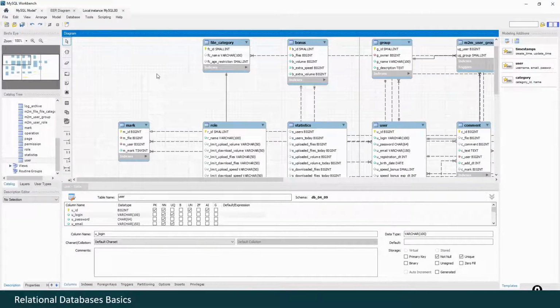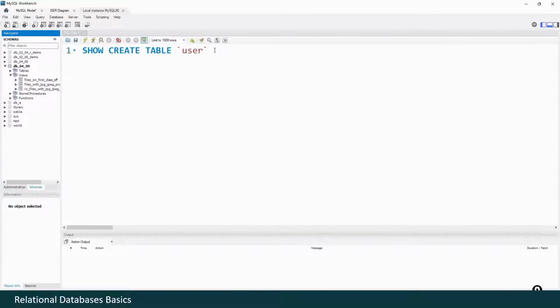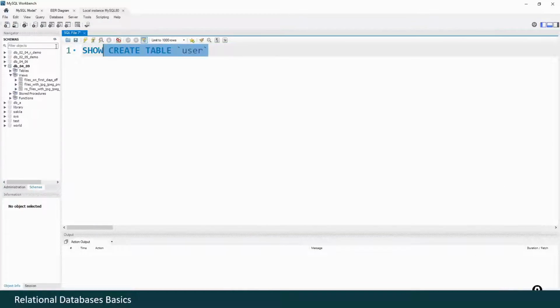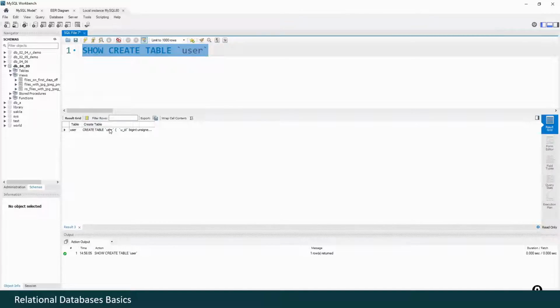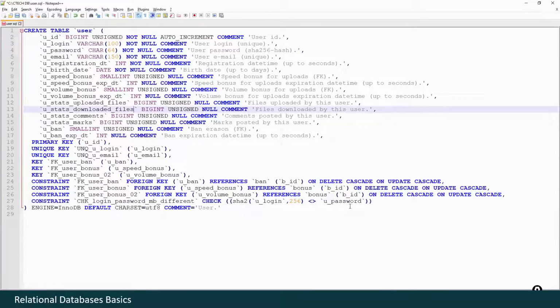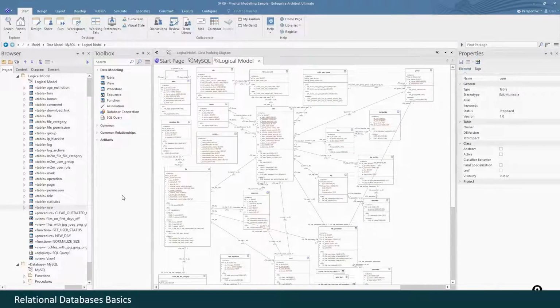For the moment of this video recording, MySQL Workbench does not support check management with entity relation diagrams. But nevertheless, you may open a SQL editor, execute such a query, so then you may copy that information, paste it in some text editor, and you see your check here. You may edit it, add some new checks via SQL queries, delete some checks, and so on. But as long as MySQL Workbench doesn't support checks fully for now, using Sparx Enterprise Architect looks more attractive.